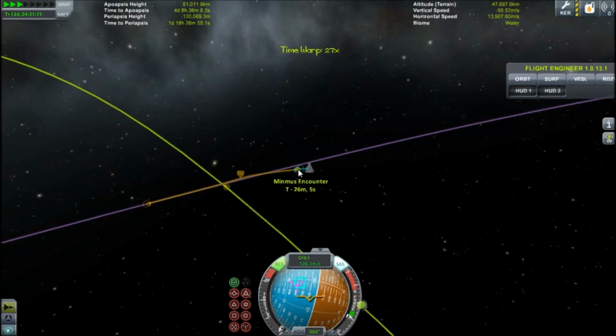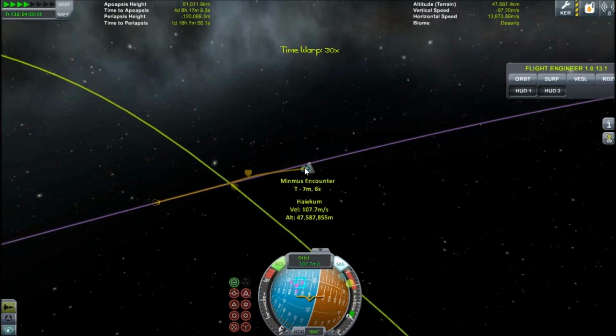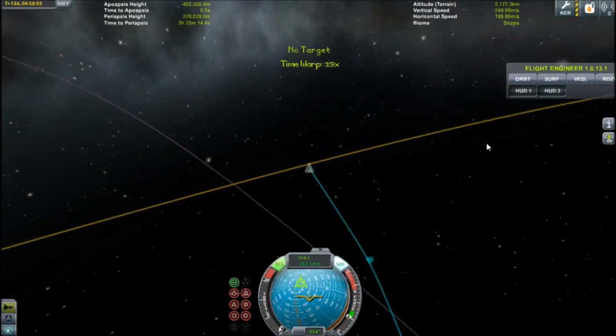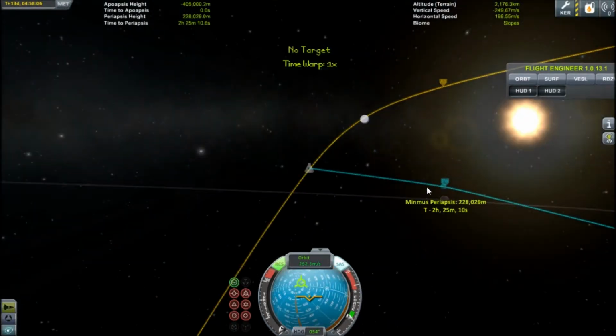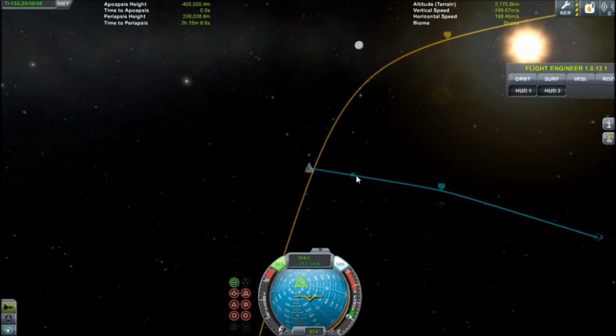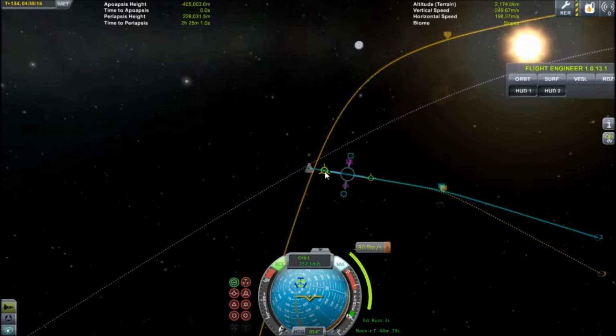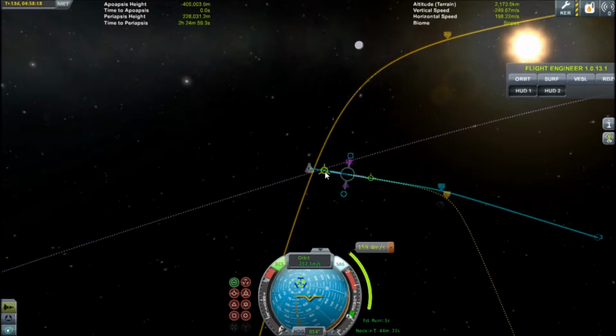There probably will be a jammer or jammers. There may be a Bob/Jeb/Val or something for future missions. But I've now entered the Minmus sphere of influence. It's going to throw me back into Kerbin and will then throw me back out to space, and it will just keep doing that. So now I am once again